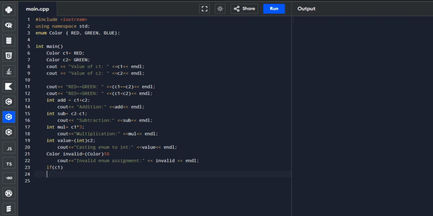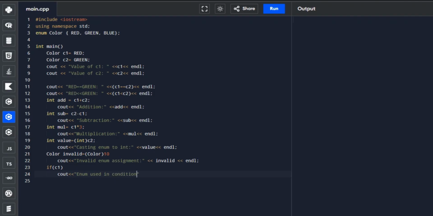So maybe we could put cout here, and display, used in condition.